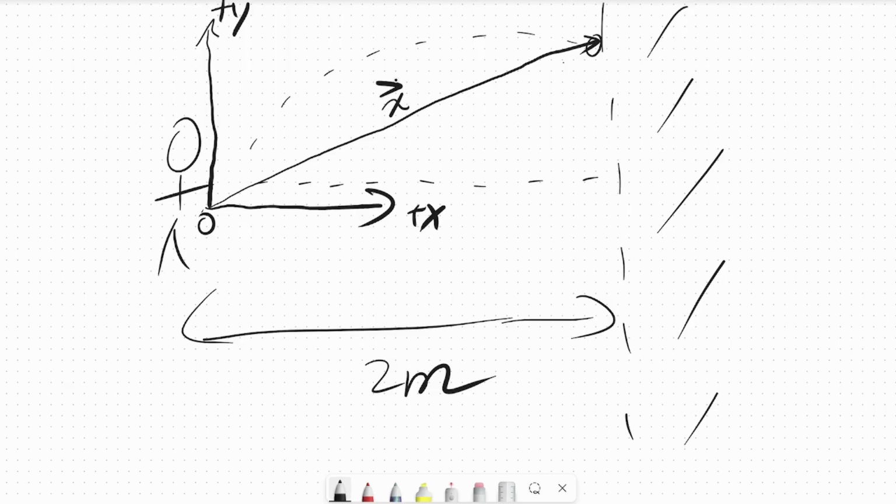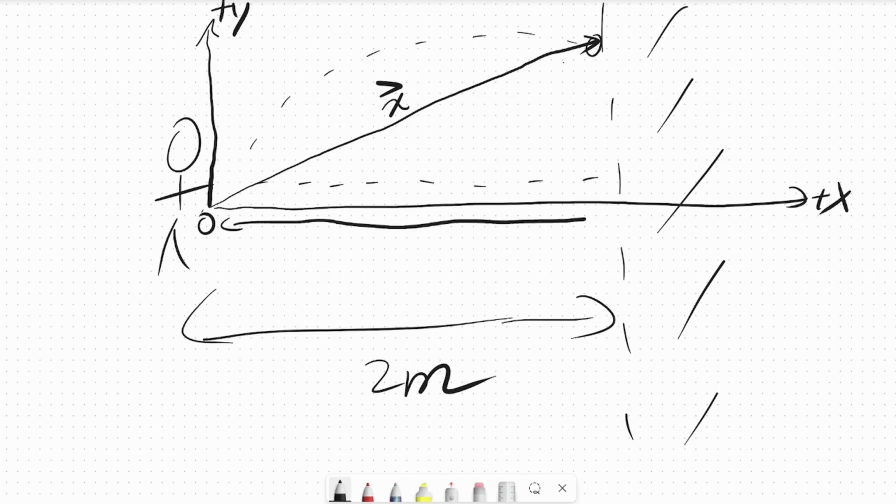So this is going to be the position vector, and we know that there's going to be a horizontal distance for this vector. And this horizontal distance is going to be 2 meters. We also know that there's going to be an angle, which is going to be 45 degrees counterclockwise from the x-axis. And from there, it's just going to be trigonometry. From SOHCAHTOA, we know that,